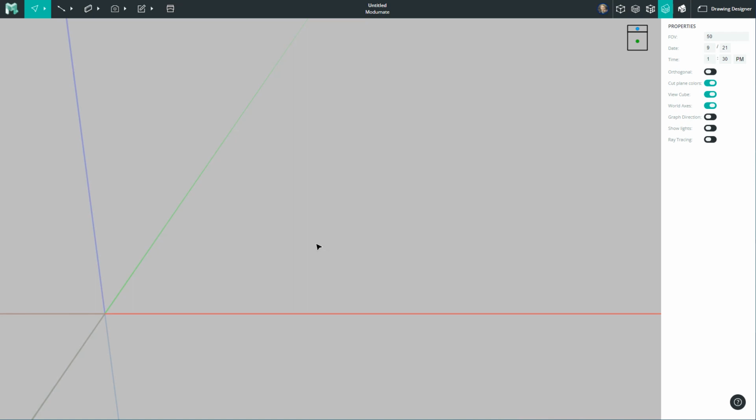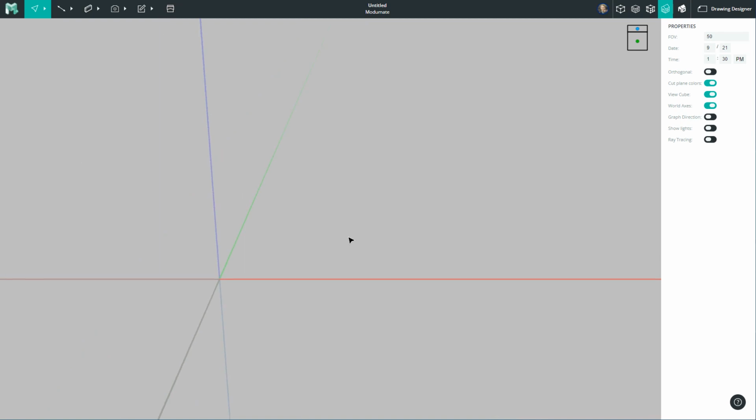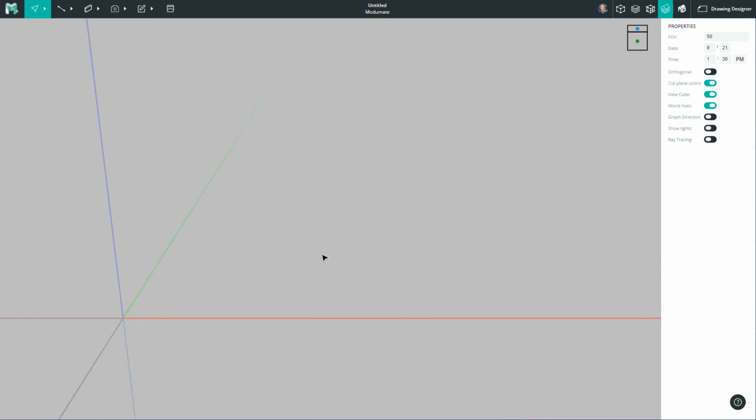Welcome to a tutorial about how to import a background image for tracing into Modumate. Here I have a blank project, such as one you may have created if you clicked New Project or if you just made an account and opened your free project. One of the tools we have in the Modumate menu is the import of background images found here under this